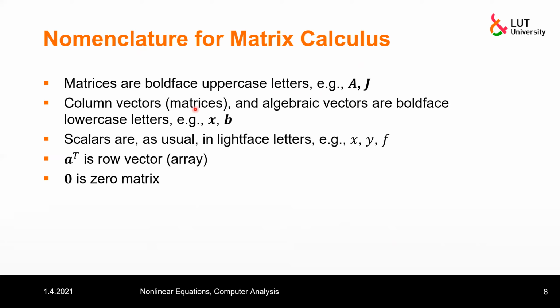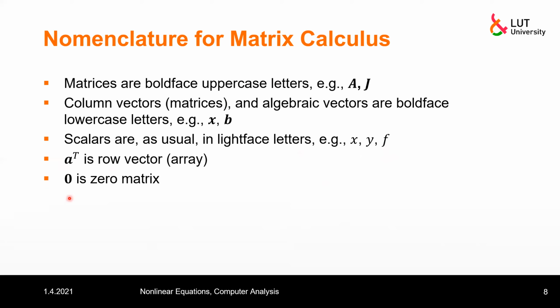Column vectors, or column matrices, are 1D items, and they will also be described with boldface, but with lowercase letters, like lowercase x, lowercase b. Scalars will be written in standard form, with lightface letters, usually lowercase x, y, f, like here. A transposed, because it's the transpose of a column vector, is a row vector, and a bolded 0 is often used